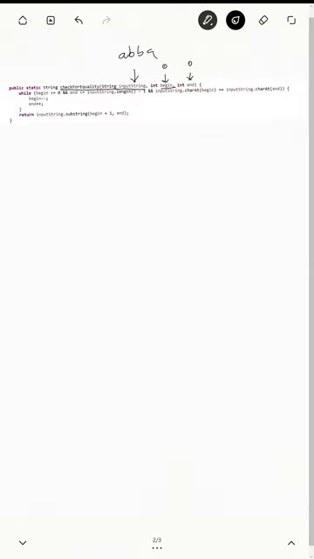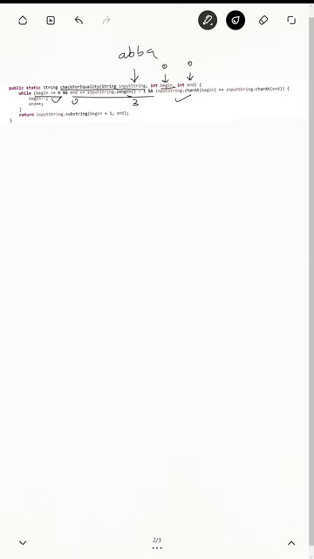In this case, if you see the equality check, our input string is ABBA, begin value is 0 and end value is also 0 because we are at index 0. So now begin is greater than or equal to 0. Yes, this condition is satisfied. Input string length is 4, 4 minus 1 is 3, and the end value 0 is less than 3, and the characters at index 0, 0 are equal.